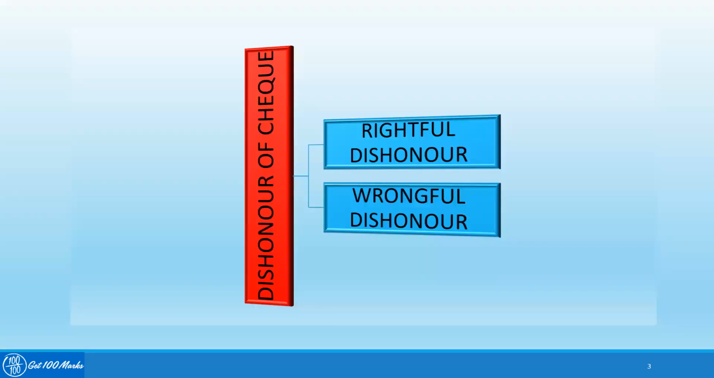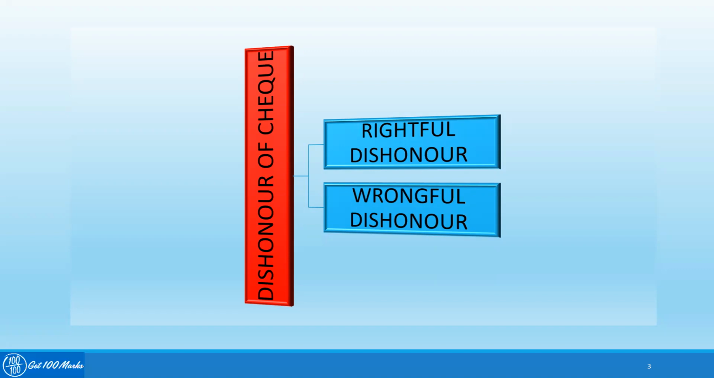There are two instances of a check dishonor made by a bank, which are classified into a rightful dishonor and a wrongful dishonor. So what do you mean by a rightful dishonor? Dishonor of a check by a drawee bank for any rightful reason. When I say rightful reason, it can be reasons which are genuine, such as insufficiency